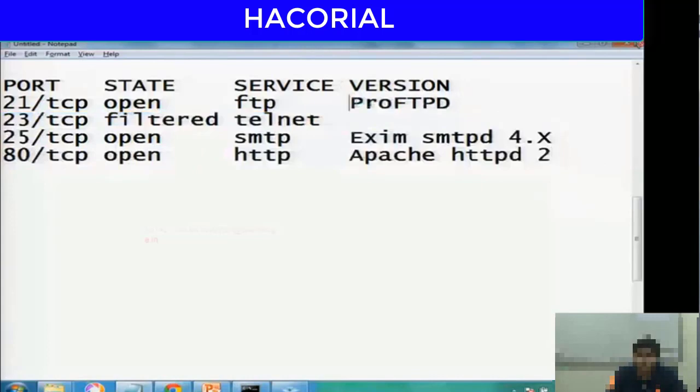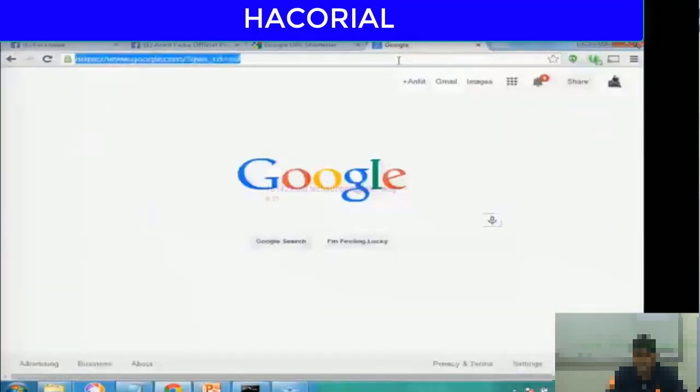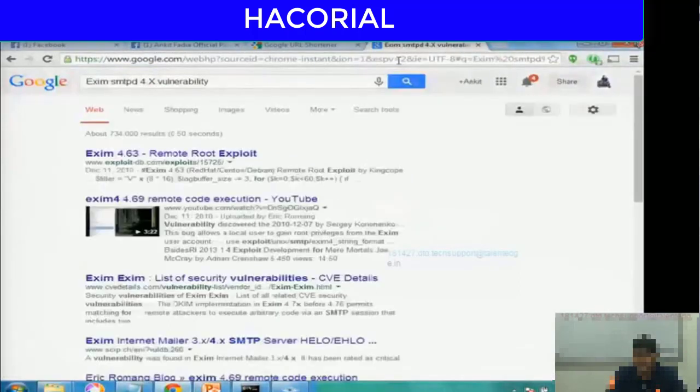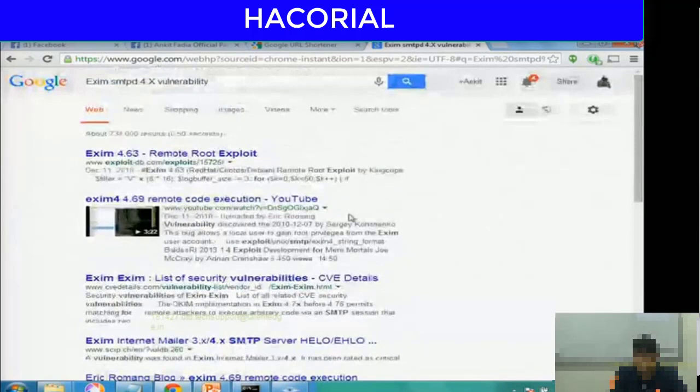So finding out the version names is actually very useful, because once I know the version name running on a particular website, I can just go online and search for vulnerability related to that particular version. So if all of you look at the screen, I just typed Exim SMTPD 4.x vulnerability. There are so many websites that have come up with information about vulnerabilities that affect that particular